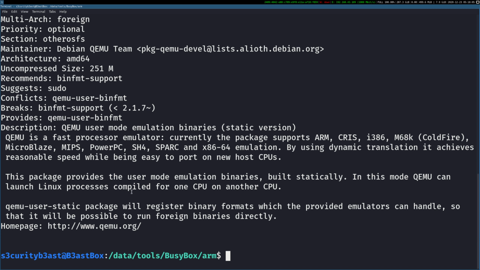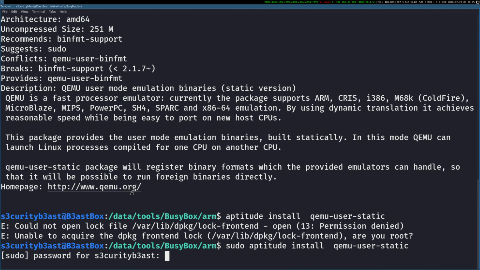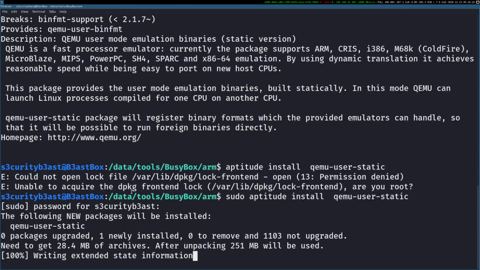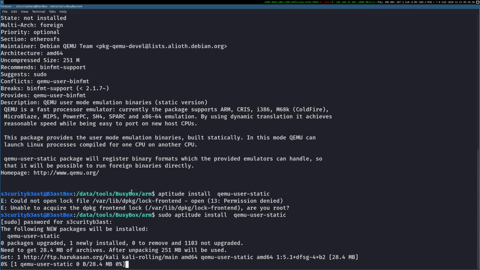As I told you, this is a freshly installed system, so I have not installed any dependencies. We may get errors, but we have to deal with them. Let's install this. It needs to download 28.4 MB.